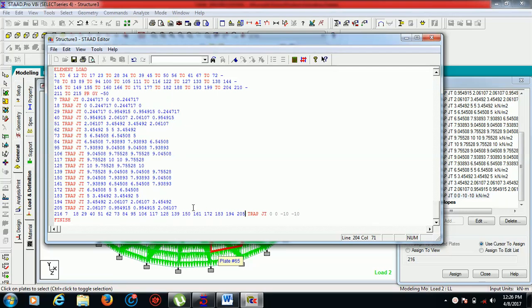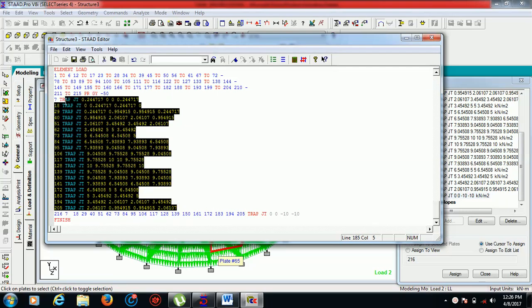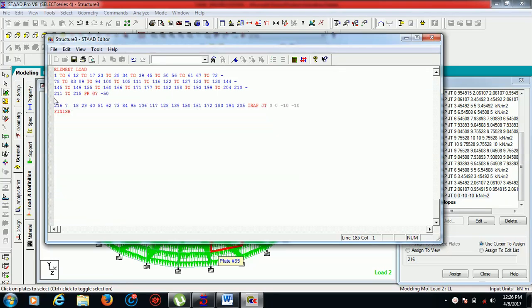That's it. And select all these upper and backspace and save it